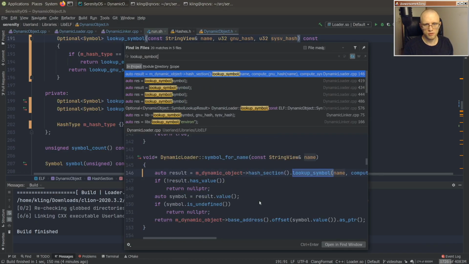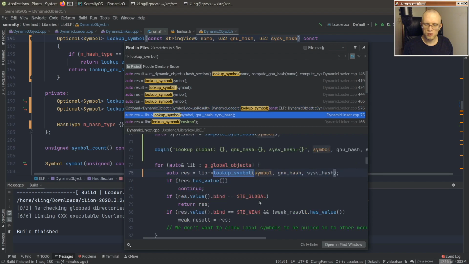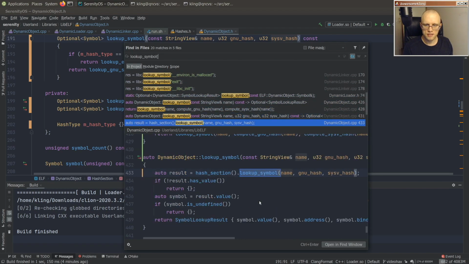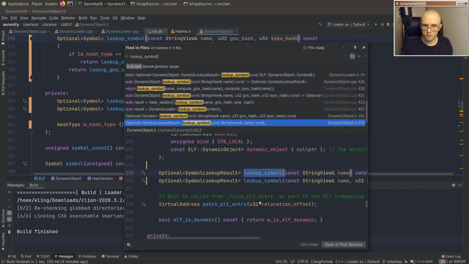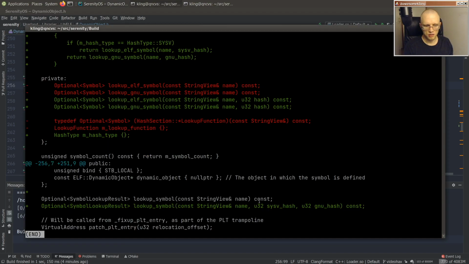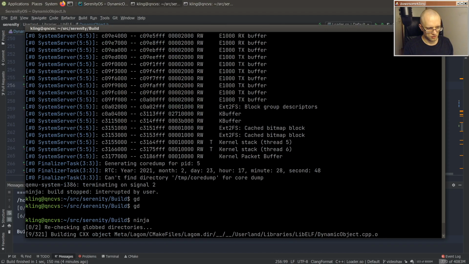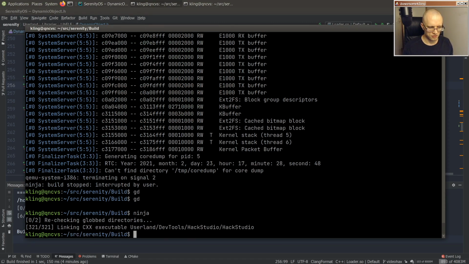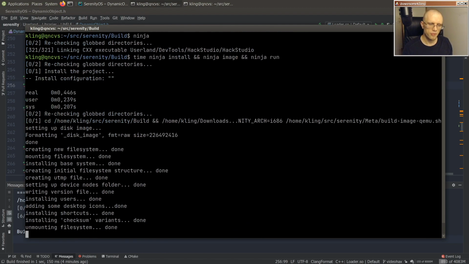Lookup symbol. Or rather, I should say, it's nice when things have distinct types so that you don't make this type of mistake. And here was the other one that I screwed up. Yeah, okay. That one was probably, that was really dumb. So,